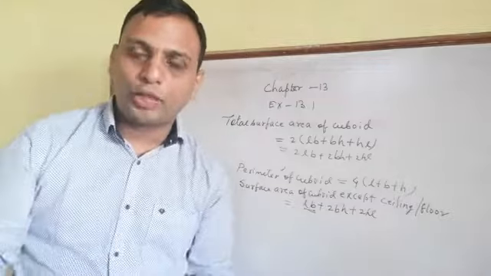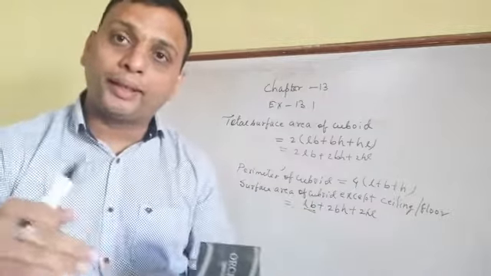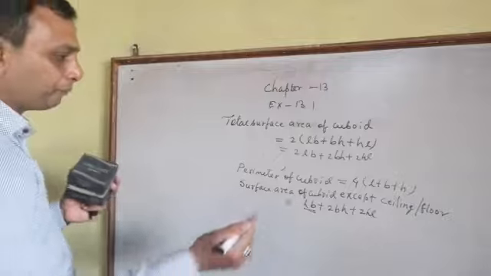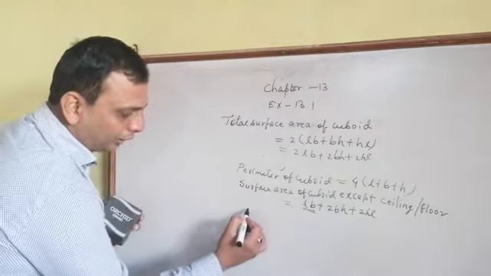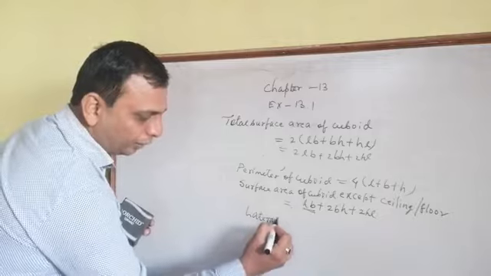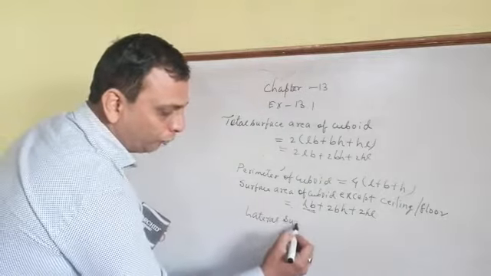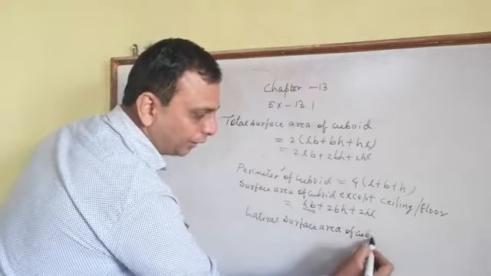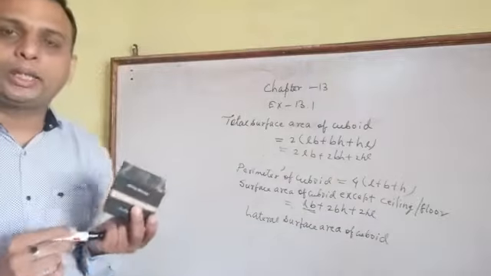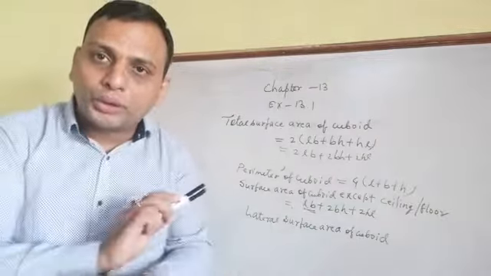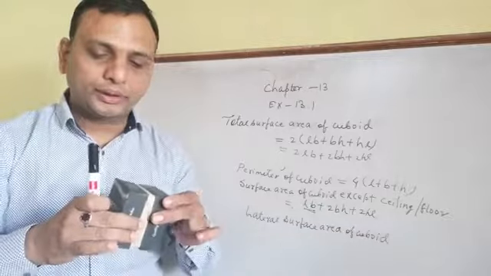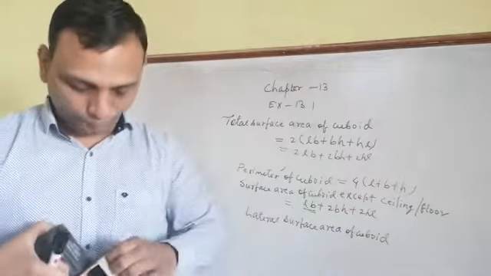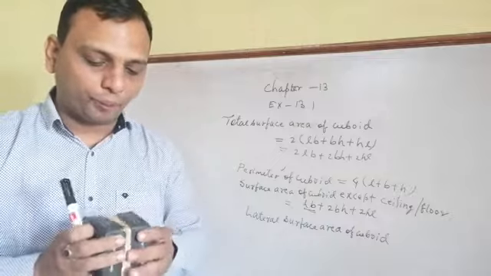Now the question comes: how to find the surface area occupied when neither the ceiling nor the bottom is included? For that, we have the formula that we call lateral surface area. Lateral surface area means the area occupied when the ceiling and the bottom part are both excluded, both not included. If I am not using the ceiling part, nor the bottom part, then the formula will become